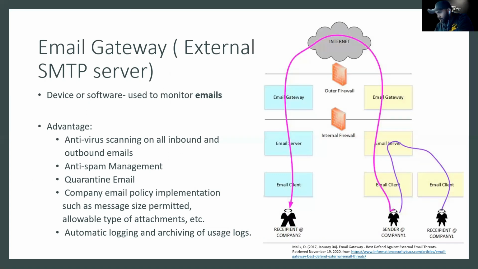Email gateway analyzes the emails for threats. If the email gateway considers the inspected email as clean, they send it to the user. If they believe that the email is spam or contains a threat, they quarantine it on the email gateway itself. Email gateways typically provide the following services like antivirus scanning and anti-spam management, and you can see the path I mentioned in here. That's how it works.